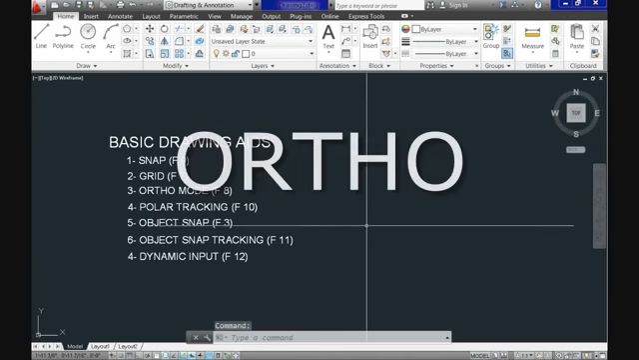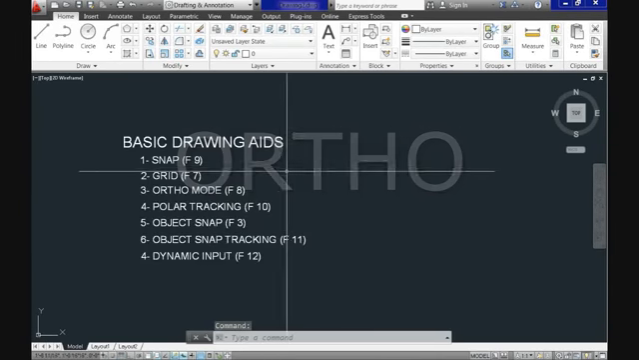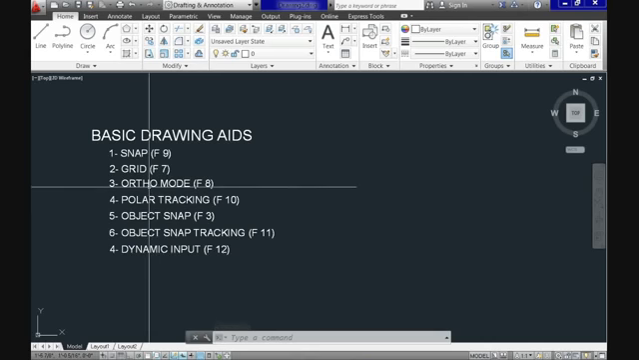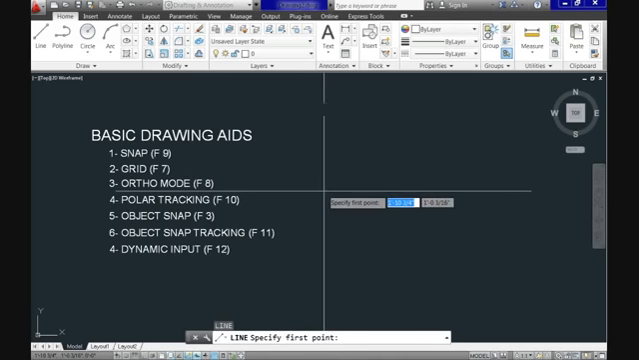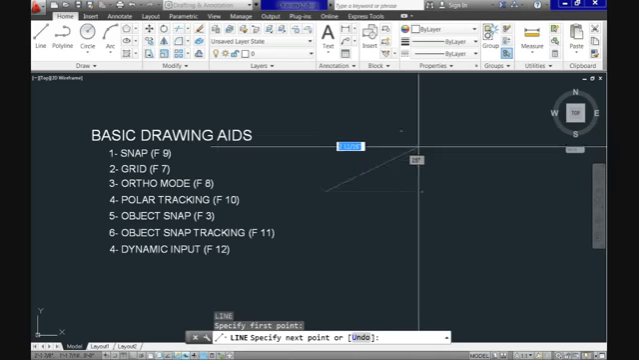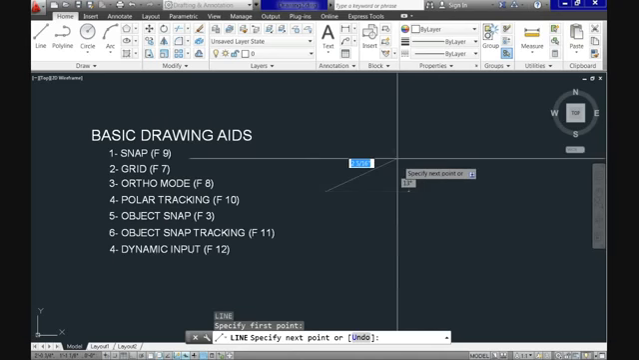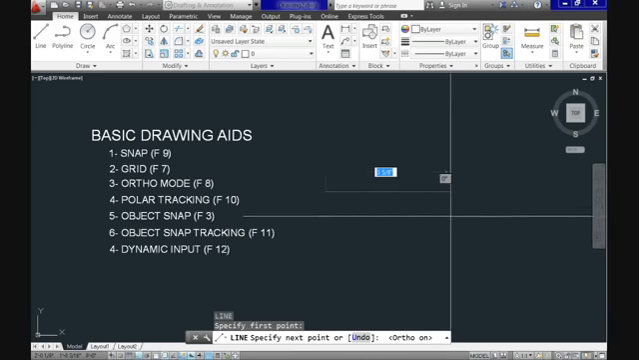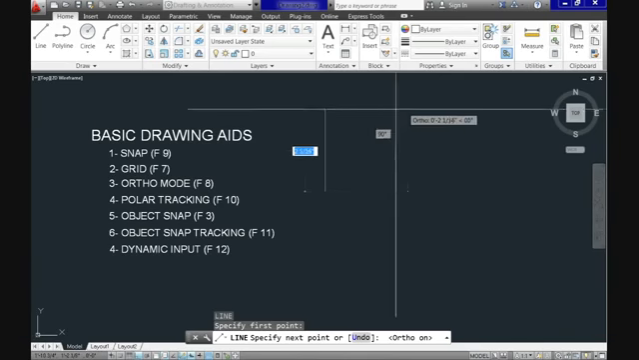Basically, ortho refers to a drawing mode where you can only draw vertically and horizontally. Let's see it in action with the line command. And you can see that my line could be positioned the way I want because ortho is off by default. But if I turn it on, see what happens. And you could do it with the F8 key. Now it enforces straight lines